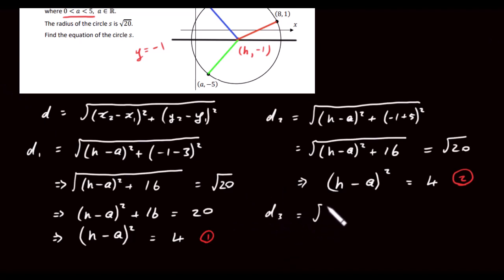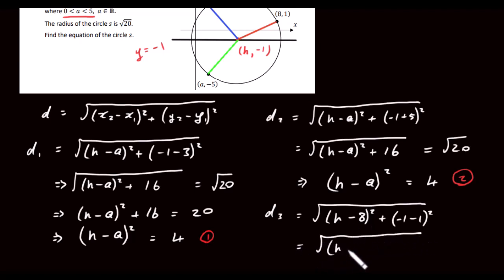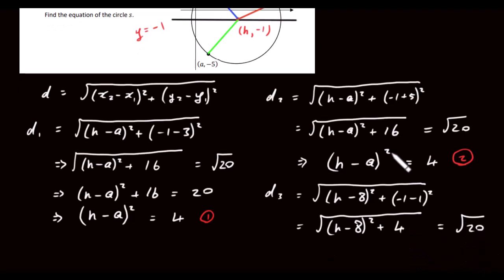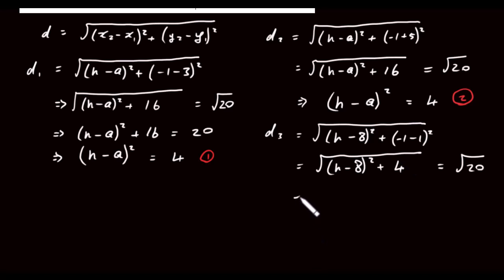So that's going to be the square root of, let's take (h − 8)² + (−1)², so that will give me (h − 8)² + (−2)² = 4. And again, this is also equal to the square root of 20. So let's just follow this on then. We can square both sides again. So you get (h − 8)² + 4, I'm going to bring that over as well,